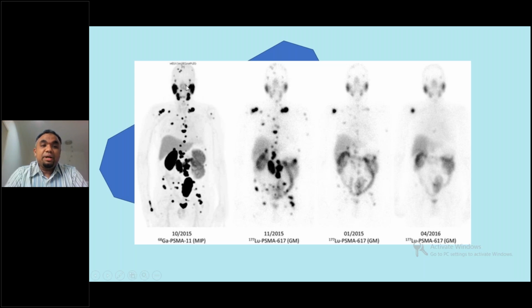So this is an example of a patient with prostate cancer. When the patient came to us, for the staging and the diagnosis, we can do the gallium-68 PSMA, which stands for prostate specific